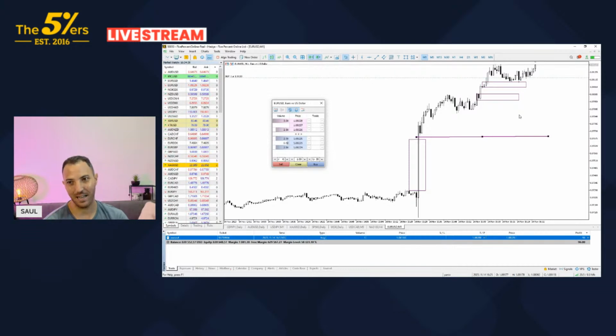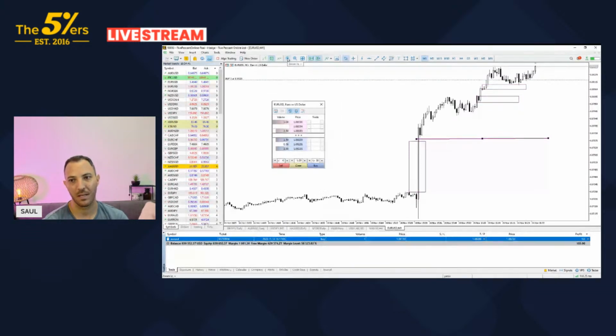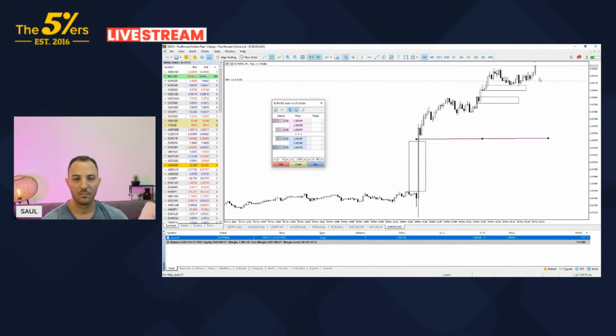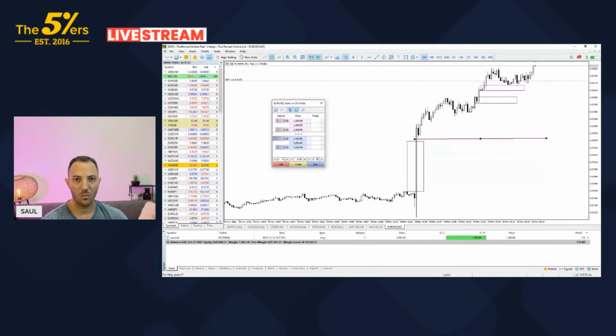Now let's see if this is the candle of the breakout. The breakout needs to happen right now. Okay, this would be the breakout candle. Now I want to see continuation. That would be my confirmation, or the market staying there but not pulling back.